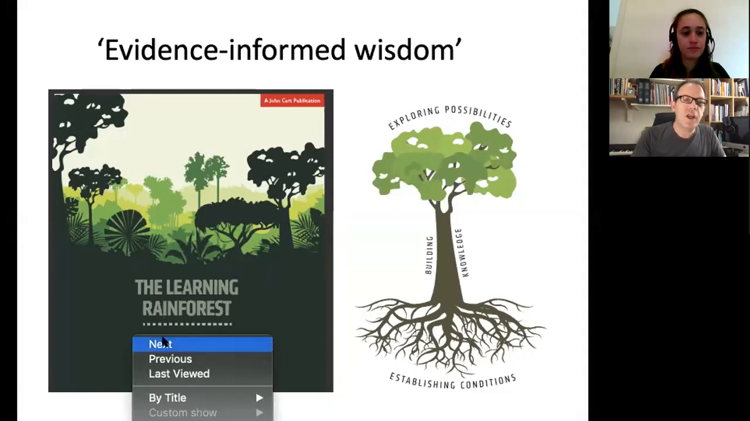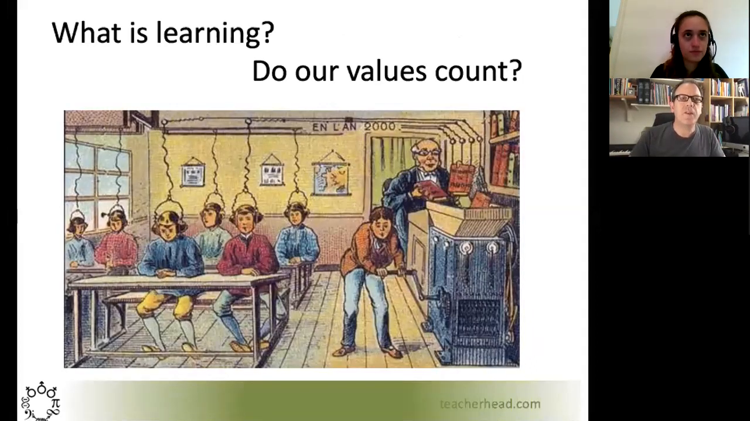So when I'm doing training on this, I often talk about this: what is learning? What do we think it is? Do our values count? And this image I always like, which comes from a slide made in the 1920s, which imagines learning in the year 2000. It is l'an 2000 there, and imagines kids downloading. This is very relevant for our current situation, isn't it, where people are at home doing online learning, and the teacher there, the head teacher is,